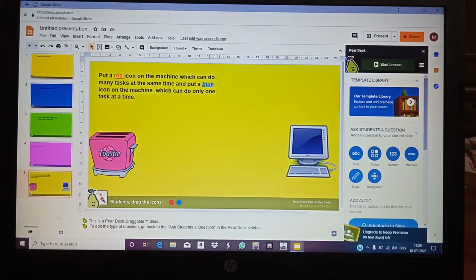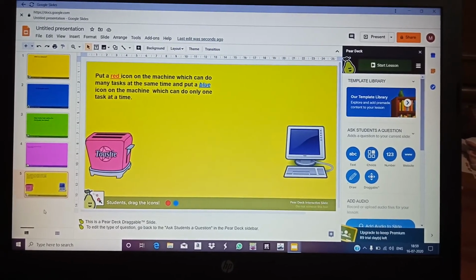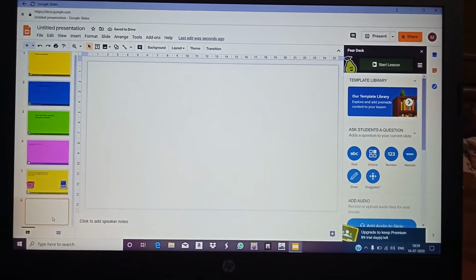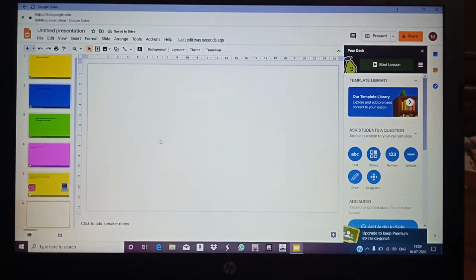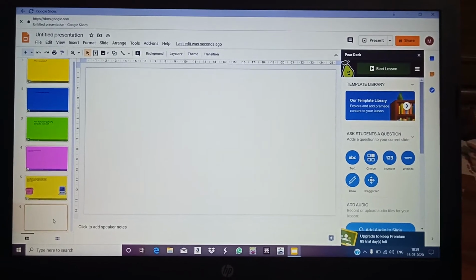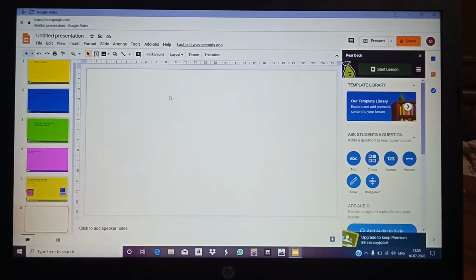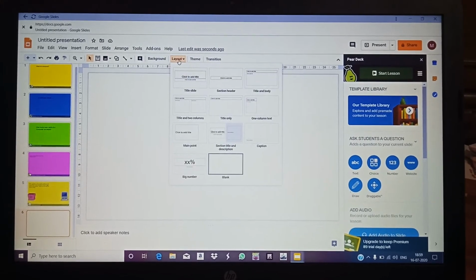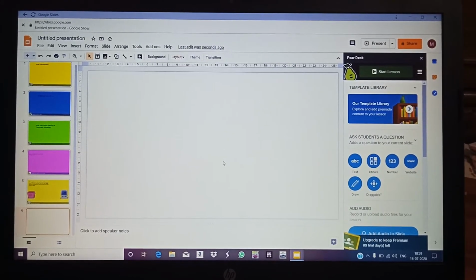So you can add one more slide here. Control plus M and you will get one more slide here like this. Fine. So this is how your slide is there. You can go to layout, and I will take a blank. It's already blank.